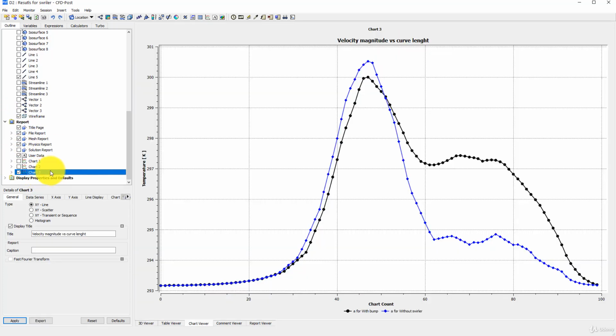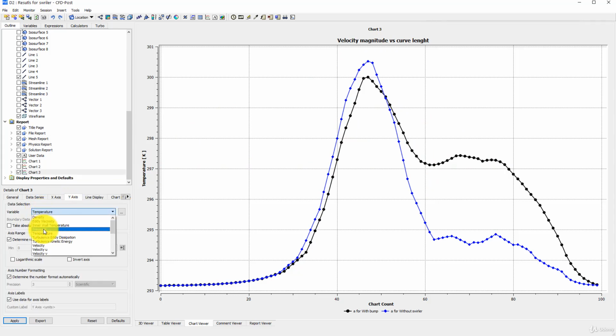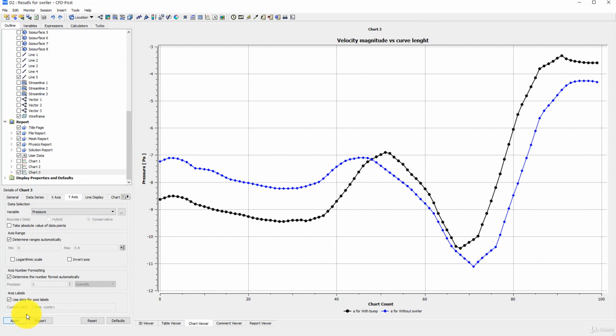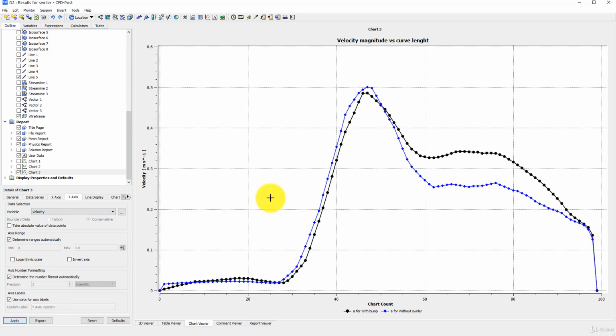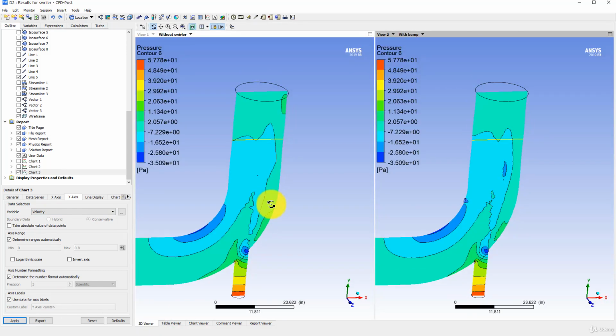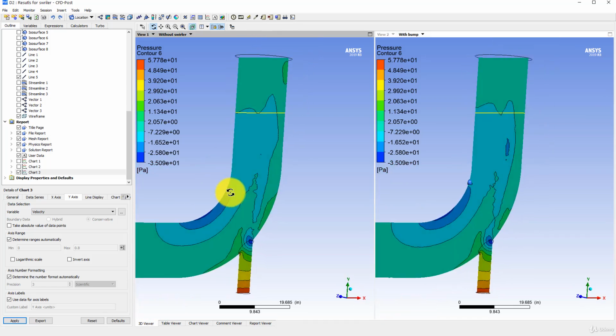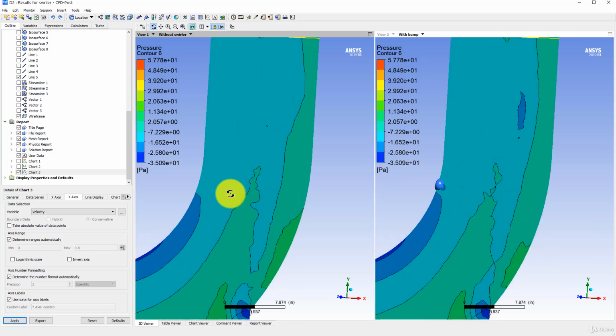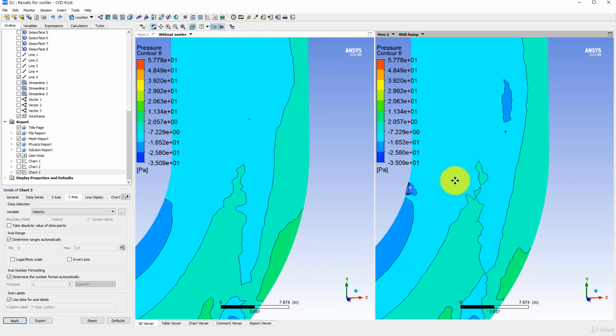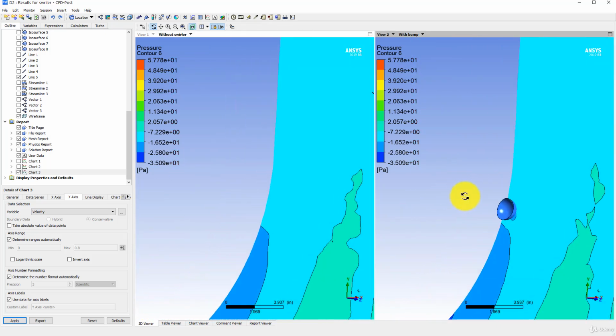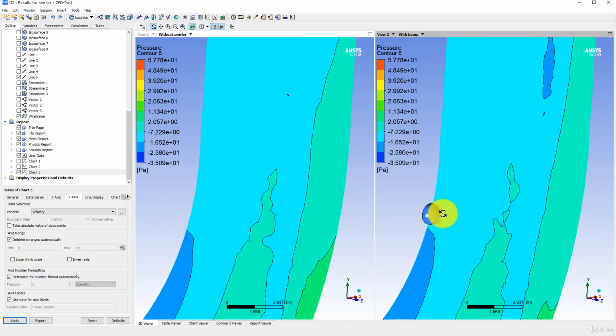If we display the chart plots, this is the velocity magnitude, this is the temperature change, so it's almost the same. If I display pressure, they have the same trend, and this is true for the velocity too. Yes, almost the same. So it means that this location for the bump is not the optimum location. If you want to get the benefits of this passive separation control mechanism or device, you have to place this device at the optimum location, and also you have to place